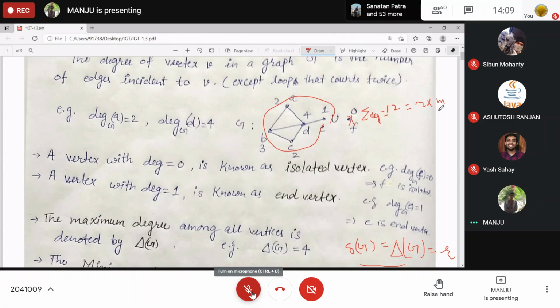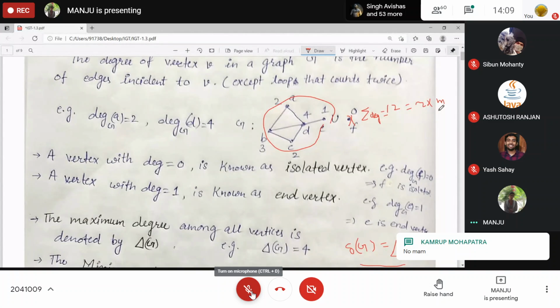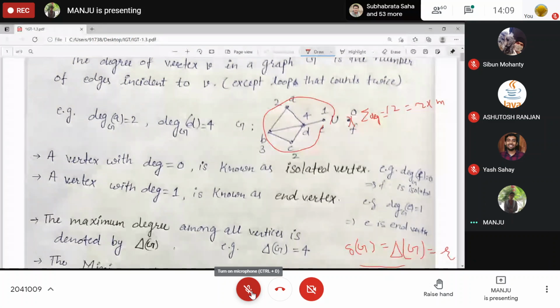Why is this so? Can you explain it? Ma'am, the same edge is shared between 2 vertices.